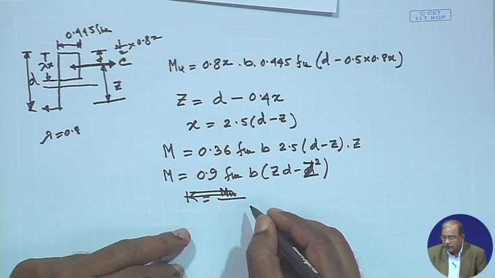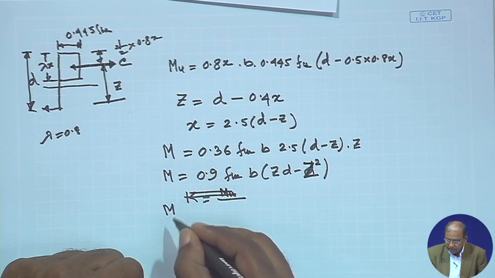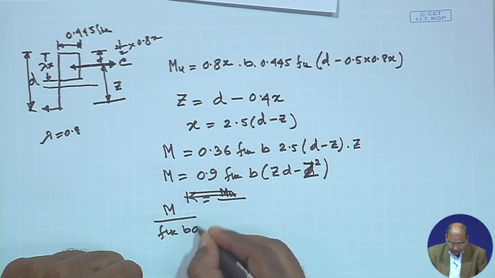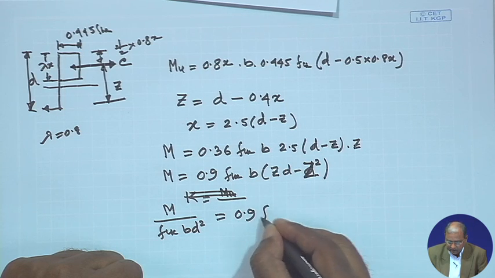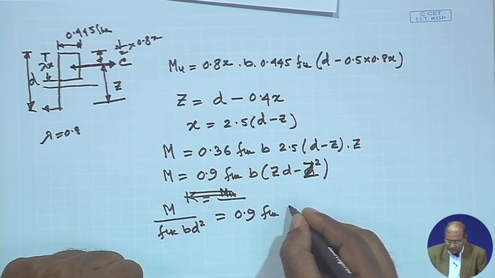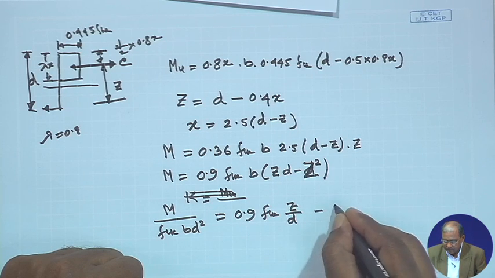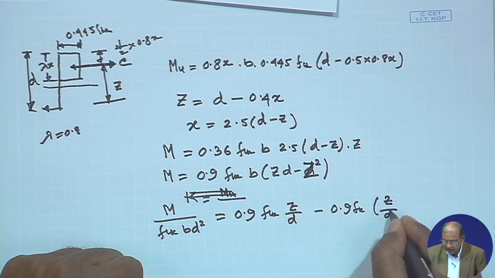So, we can write down this one here, that m by FCK BD square equal to 0.9 FCK Z by D minus 0.9 FCK Z by D whole square,